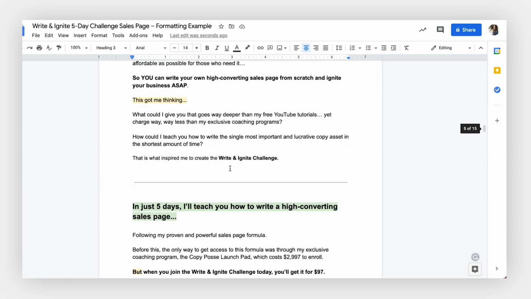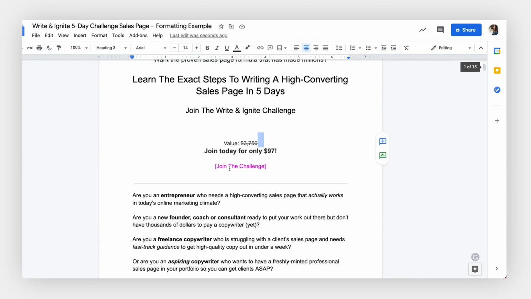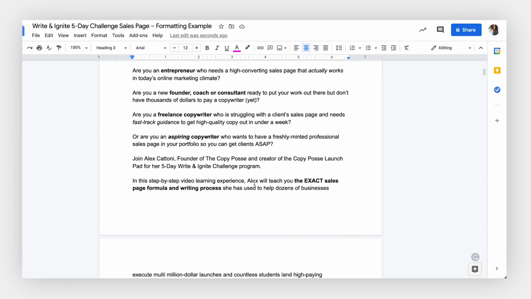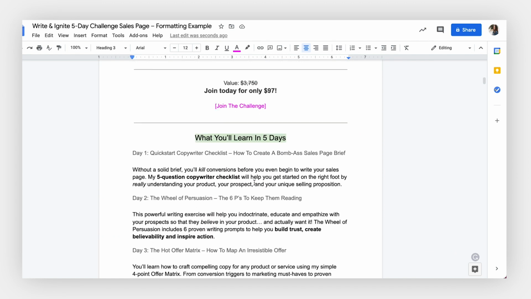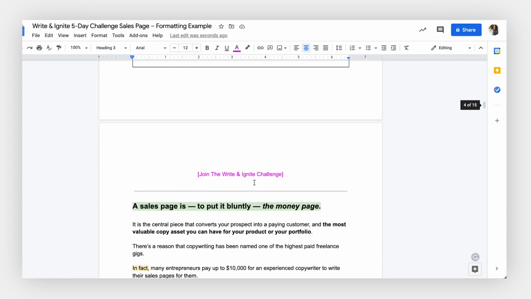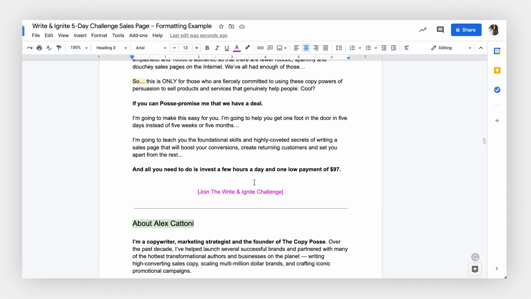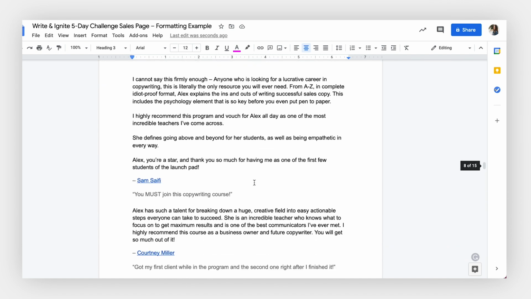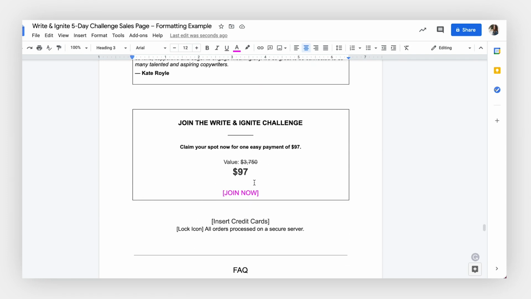So on this page, I made all the CTA buttons pink so that you can see them really easily. You can see that we have a CTA at the top above the fold, and then we have a few more throughout the page. So there's one right here after the indoctrination, another one right here after the program breakdown, and then another one further down after we presented the offer. And then of course we have an order box after the social proof, value stack, and bonuses are introduced.